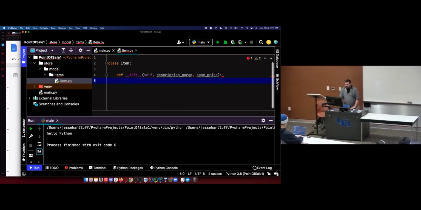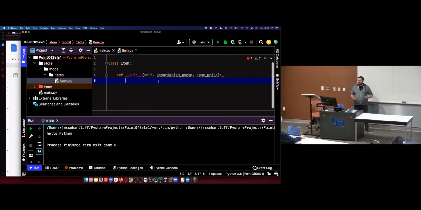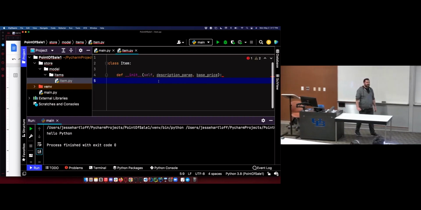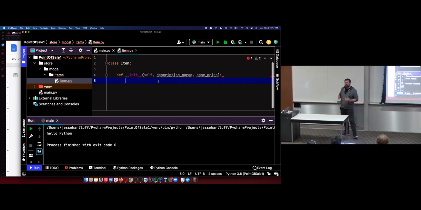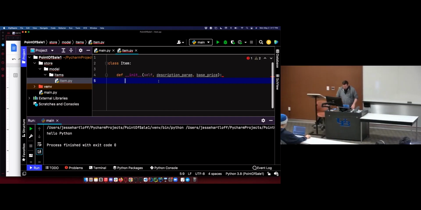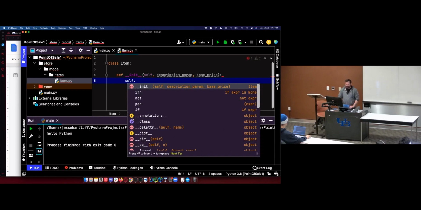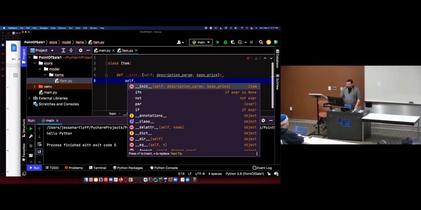And then, in Scala, when we have constructor parameters, they automatically become state variables. And I would just have description param and base price as state variables. Not so much in Python or really any other language. That's something Scala does, which I have a love-hate relationship with. But in Python, you have to be explicit, because you might want constructor parameters that don't automatically become state variables. Maybe you want to process them first and then set them as state variables. There are other things we want to do. So in Python, you've got to be explicit.